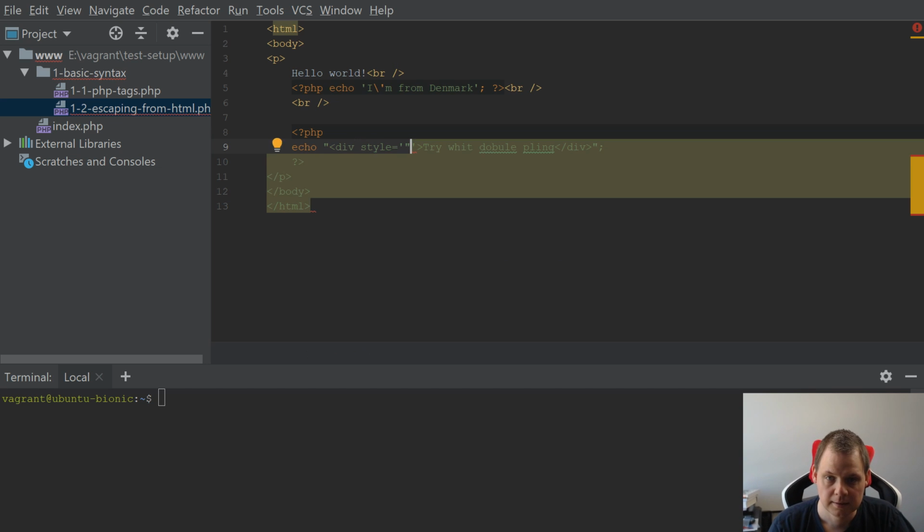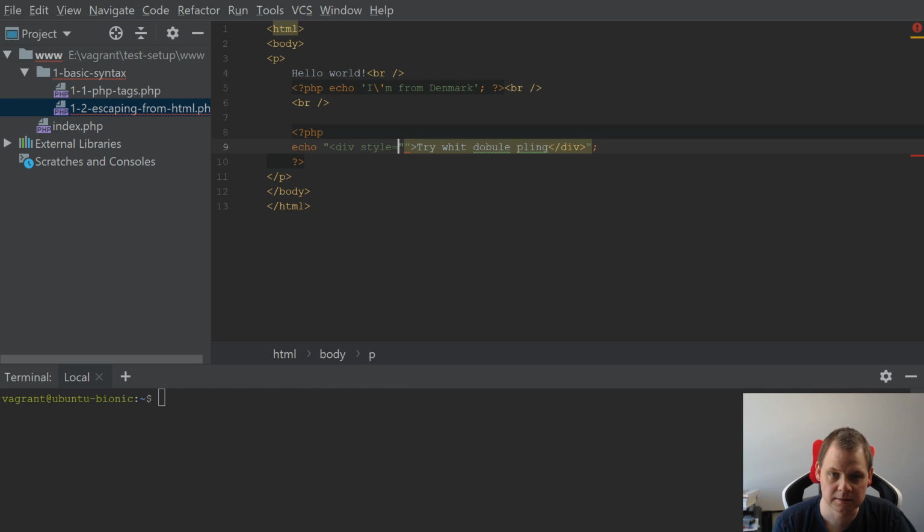and I can say style, and you can see now already there's a mistake because we need to escape it. If you look closely, you can see it's trying to use the single quotes. And in HTML I really love to use double quotes, so if you desire to use double quotes in your echo, I will recommend you to escape them, else it won't work. The easy way is just to use the single quotes up here, but for now we use double quotes, so I'll go back here and I can say background